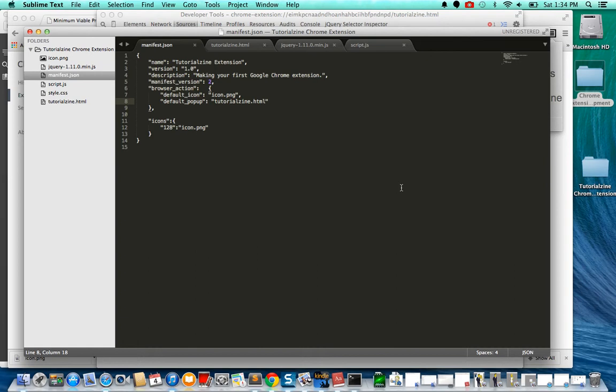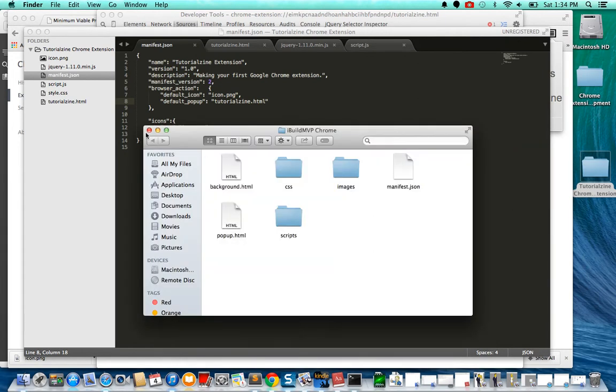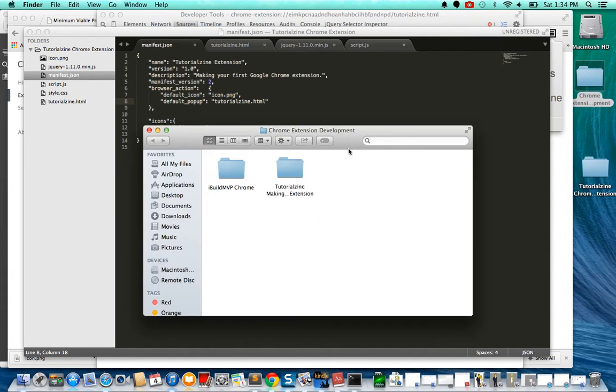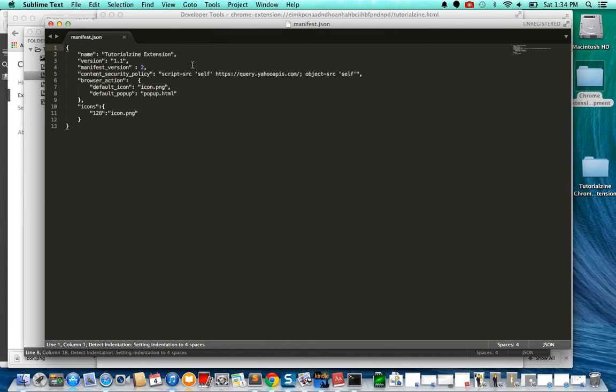I have to admit I'm not an expert in security, but I did do this earlier and was able to make it work, just doing this tutorial and fixing it earlier before I put the screencast on. So what I'm going to do is copy this line that I added earlier. If you look, content_security_policy is the variable in JSON, and it's adding script-src 'self', so you can call your own scripts, which is the default. The default is script-src 'self' and object-src 'self'. But we also want to call query.yahooapis.com